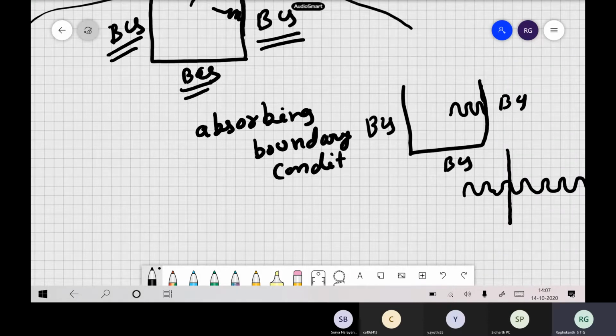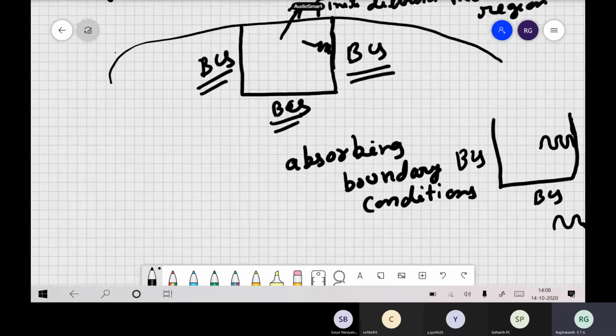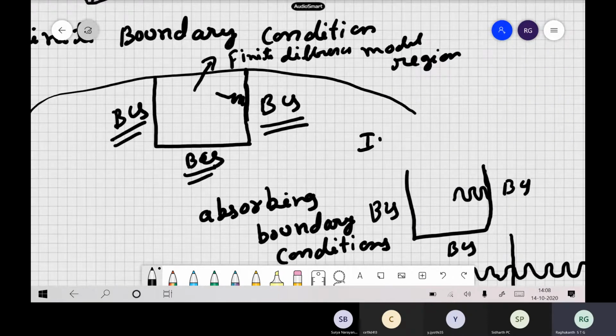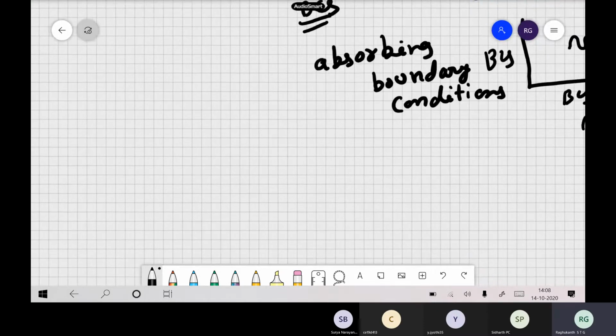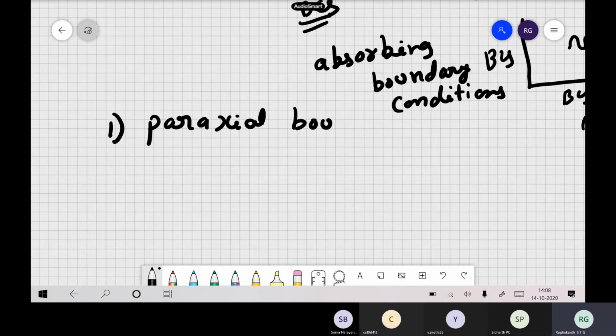Sometimes in finite element also they use what they call an infinite element. So how do we do this in our finite difference or any numerical approach? This is a very, very important thing when you are modeling very large regions with a small model itself. There are several methods for this absorbing boundary condition, and two are widely used. One is the paraxial boundary condition. This is one way of handling these things.